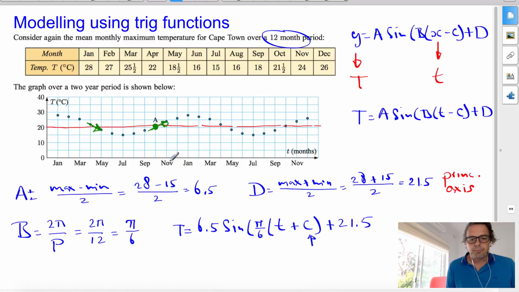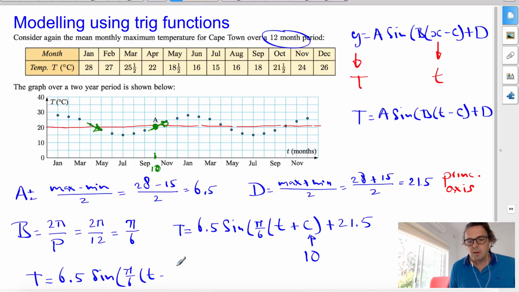So that point there is midway between September and November, so that's October. So January, February, March, April, May, June, July, August, September, October. October is the 10th month. Now if you graph this more carefully, then you can do a better estimation, but I'm going to go with 10 for now. The number here is 10 because 10 is October. Yeah. So C is 10, and the model is going to be T equals 6.5 sin pi over 6